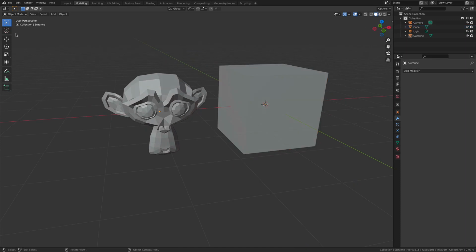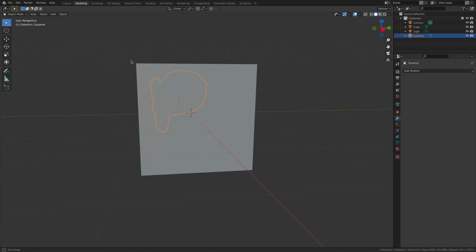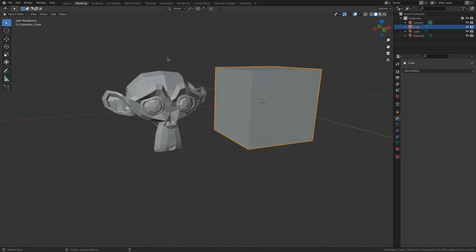Which is pretty cool. There are some other selection tools in this button. Of course, we have the box select, we have circle select, so you know, have some fun here. I've never really been a big fan of the lasso select, but that's in here as well. I generally speaking, just kind of hang out with the box select tool, which works really well for me.